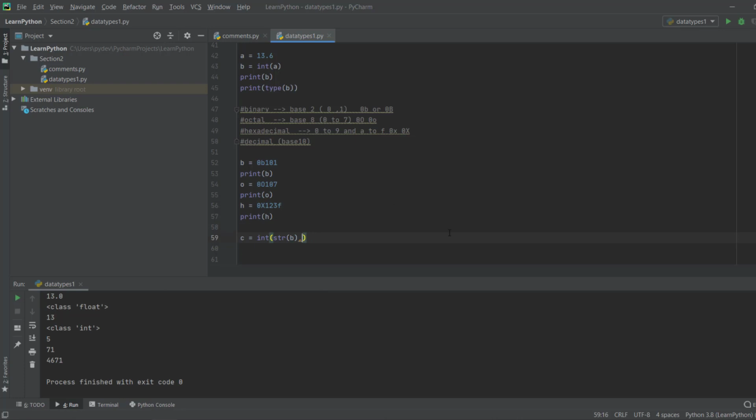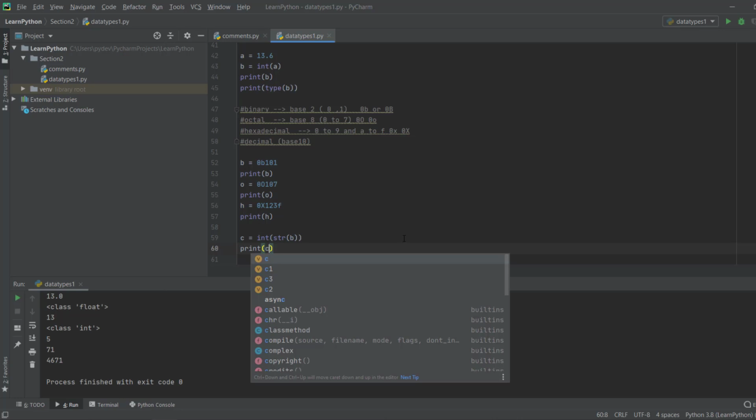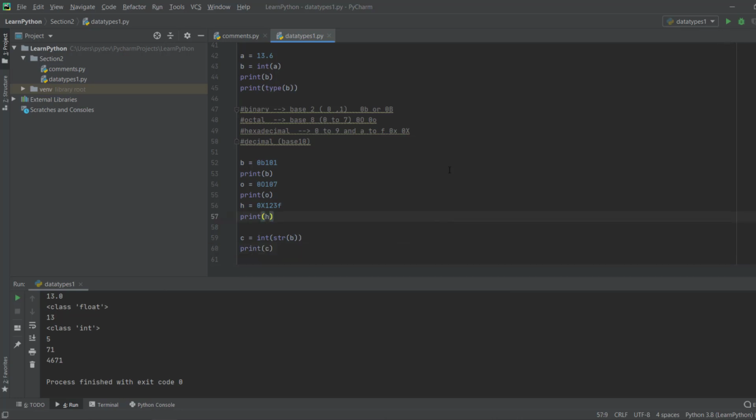You don't need to pass the base 10 as well, and you can say print c. This is going to convert it into decimal, base 10. So that's it, 5. It automatically converts it.